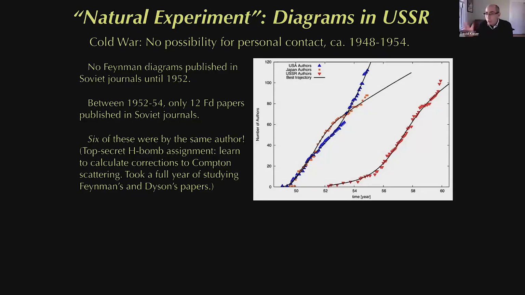When they did start showing up, there was just a trickle. There were literally 12 articles over the span of 2 years, at a time when there were more than 100 in the US journal. And it turns out 6 of those 12 were submitted by one physicist. This was not an exponential rise in the same way at the same time. That one person, Alexei Galanin, had very particular reasons to learn how to calculate radiative corrections to Compton scattering because he was working on the top secret H-bomb project and had to worry about shielding for the high radiation pressure inside various H-bomb designs. He had, let's just say, special incentive to learn from Dyson's articles.